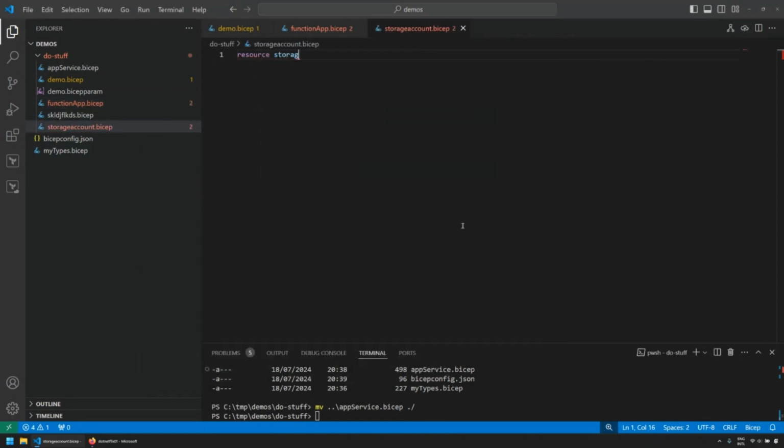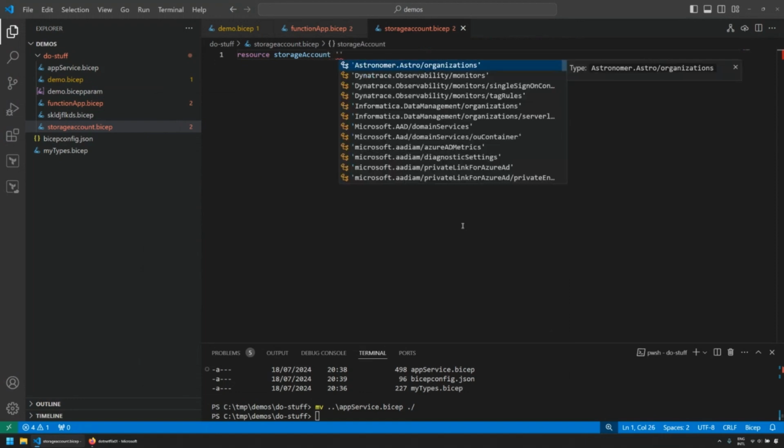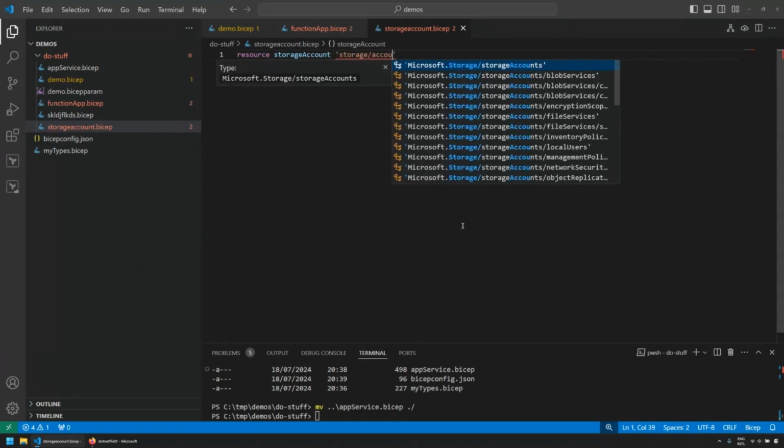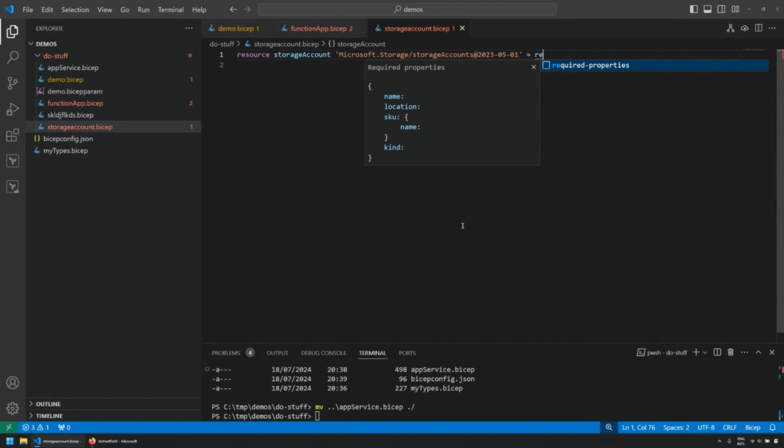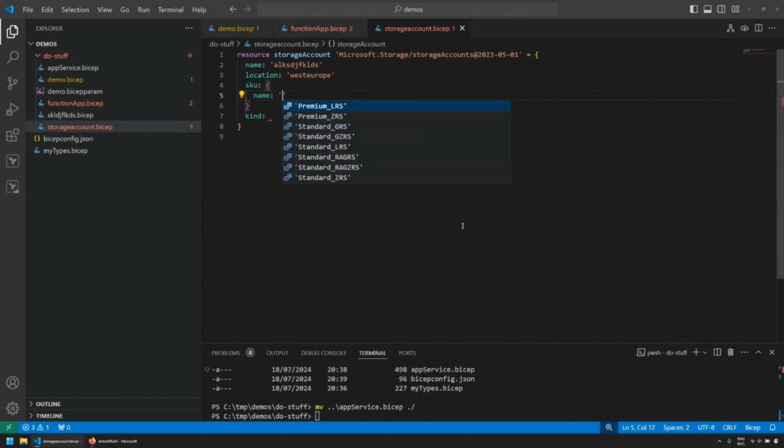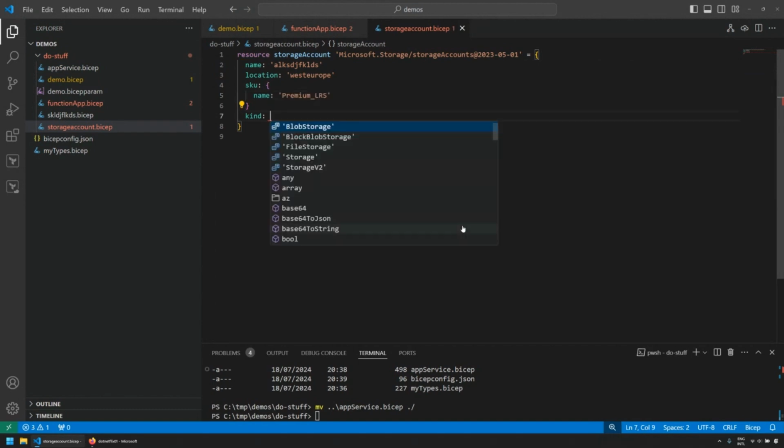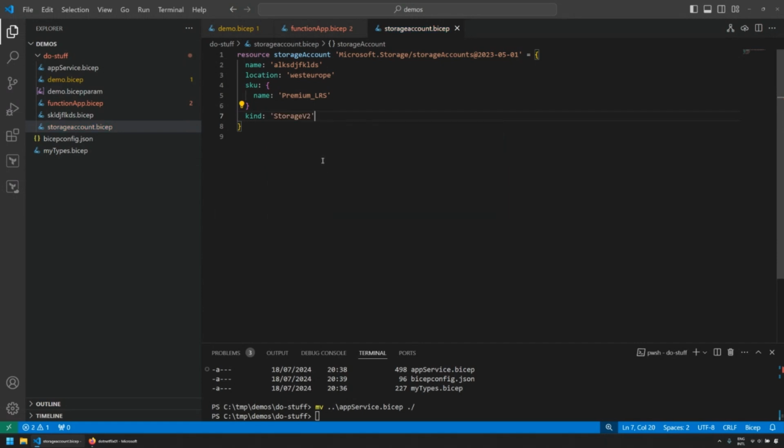Resource storage account of storage/storage accounts. Latest version is required properties. Name it globally unique. West Europe. I really love your globally unique ID algorithm. Well, it's probably unique on Tessel, but globally, I'm not sure. And I also understand now why West Europe is always at capacity, right? Testing proof of concepts of you.